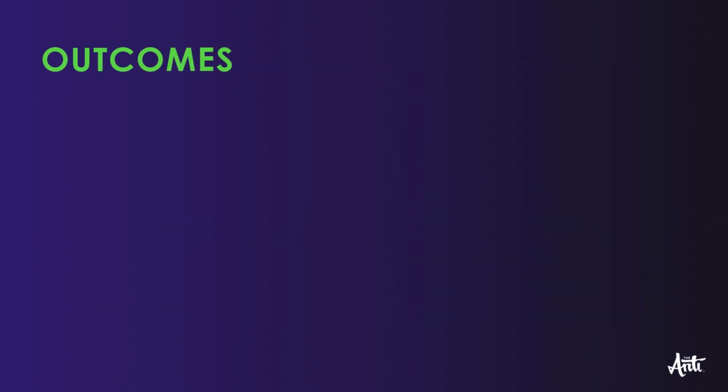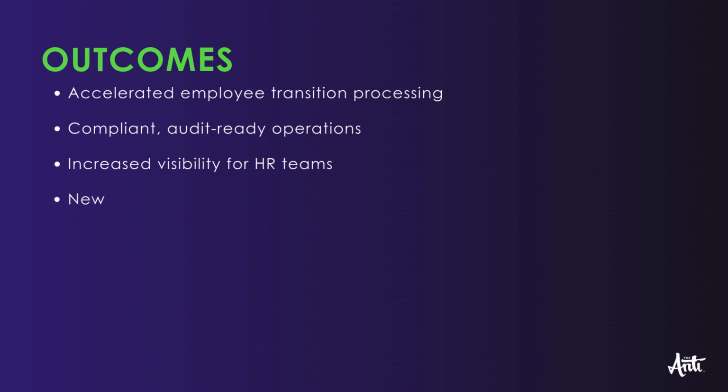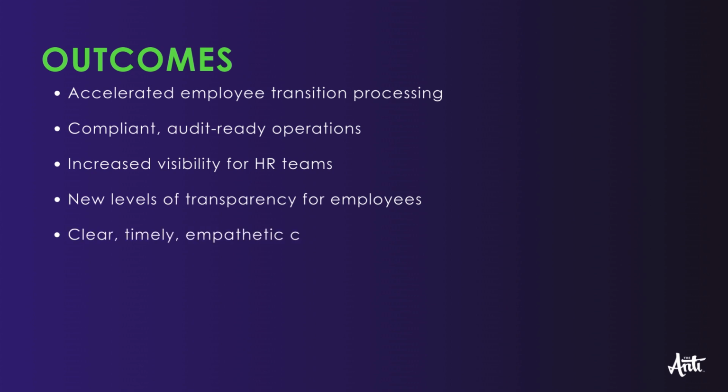Since automating VERA through ServiceNow, the agency has accelerated employee transition processing, deployed compliant, audit-ready operations, increased visibility for its HR teams, created new levels of transparency for its employees, and delivered clear, timely, empathetic communication